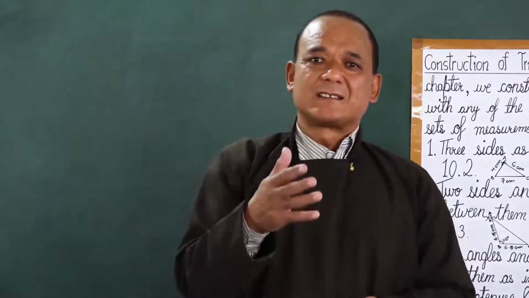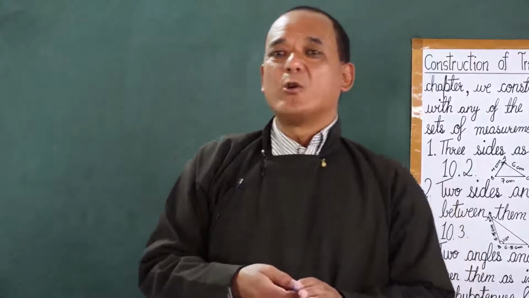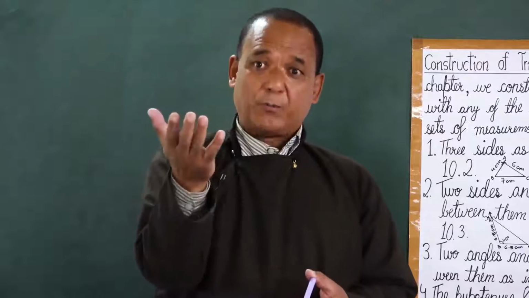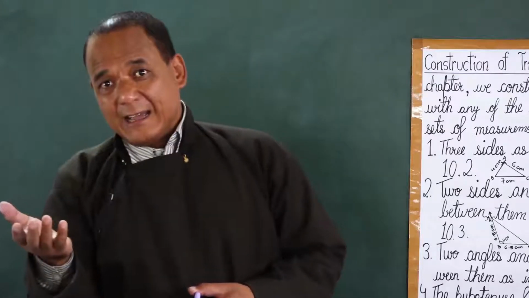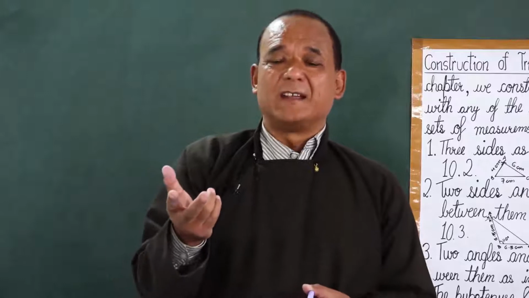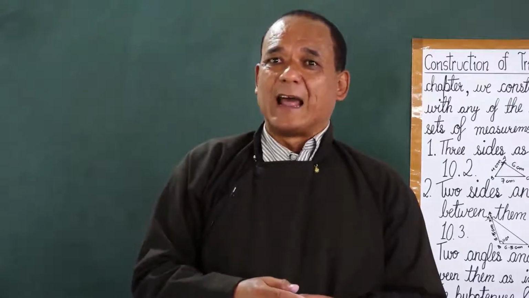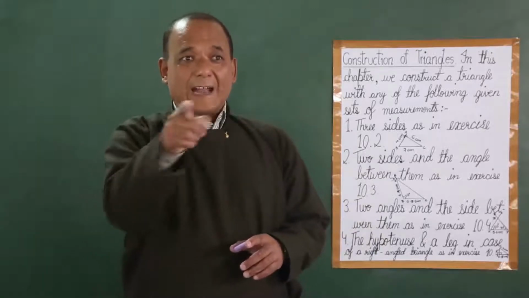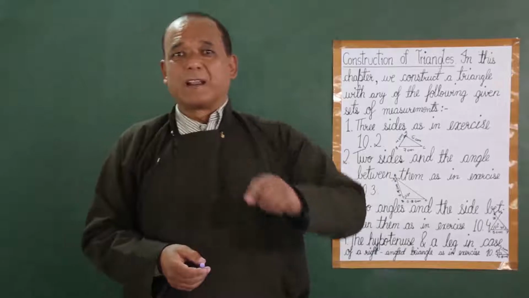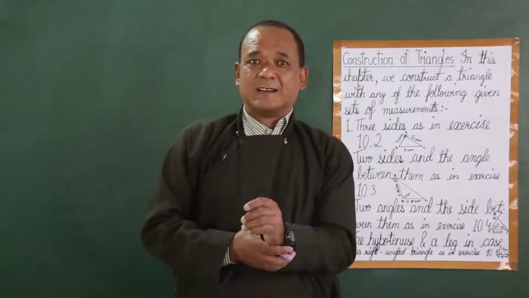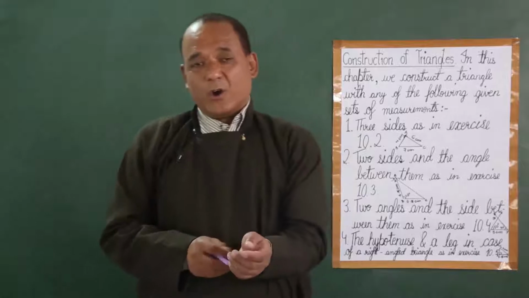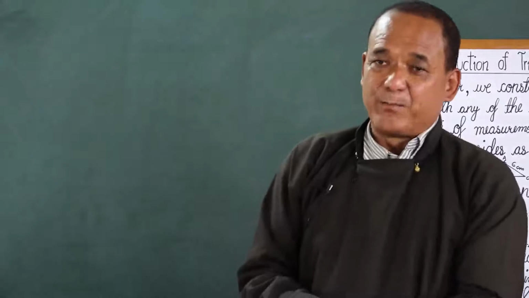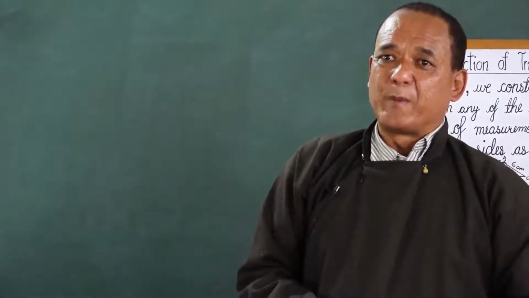In the last class we already discussed how to make a perpendicular, and two other things. What we made is to draw parallel lines. If there is a given line and you want to have a parallel line to that line, how to draw that parallel line? We discussed that in the last classes. All these three questions we did in exercise 10.1 were all about parallel lines.